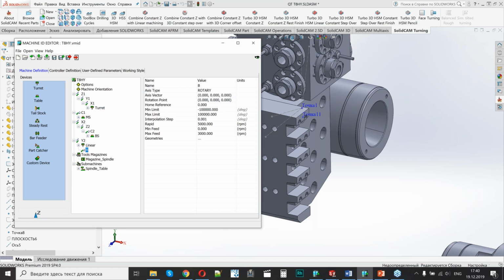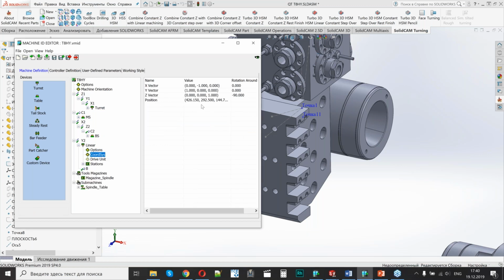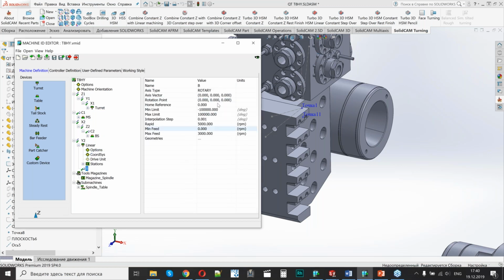And what I'm gonna do else here, I will put a rotation point. It will be the same as I have it here. And of course, I should change the B vector because it will rotate around the x-axis of the machine orientation coordinate system,